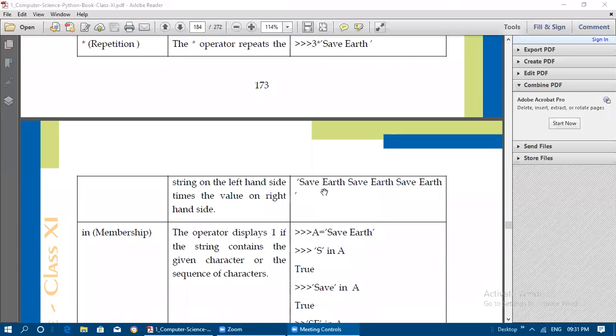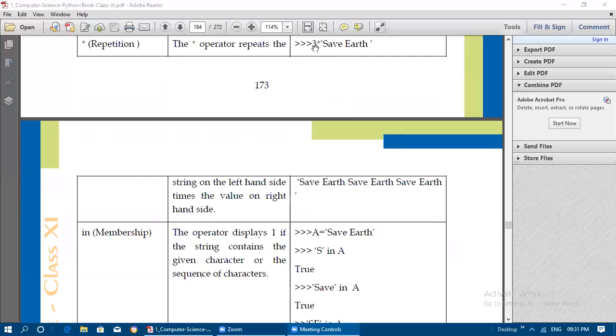The star can also work on numbers, we can multiply numbers. If you use star with two numbers, it will perform a multiplication operation. But if you use a number with star and one string, it will also work, while both strings you cannot give to the star operator. With the plus operator, a number and a string cannot be combined, so this will produce an error in the concatenation operator.